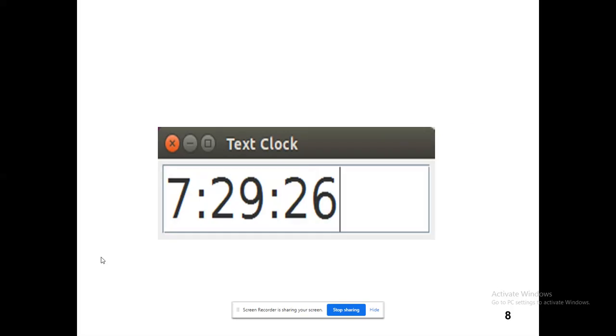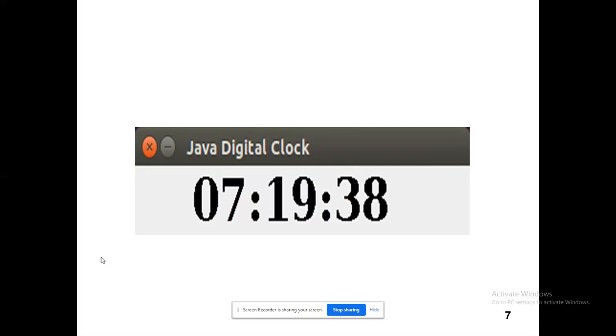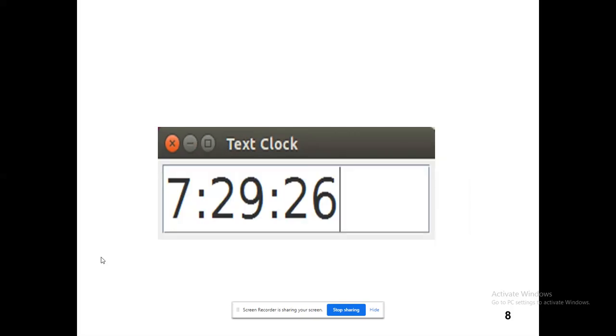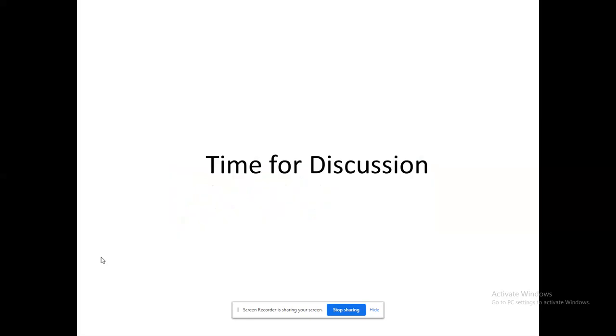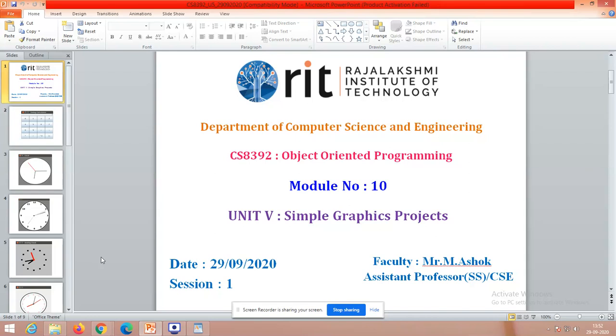This is the second stage, right? Within a text box, I have printed this. There could be a vast variation. Directly doing it in the canvas is something different. Printing the clock in the text box is something different, because text box supports your data in terms of string only, right? So in that case, how are we going to provide that? These are some of the problems being asked in competitions. So from that only I have retrieved this, right? So let us see the code. Let us see the code for these clocks also.